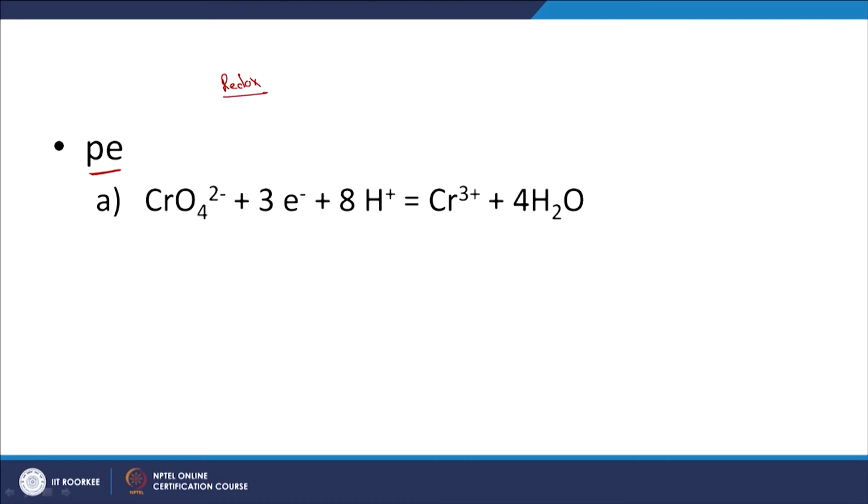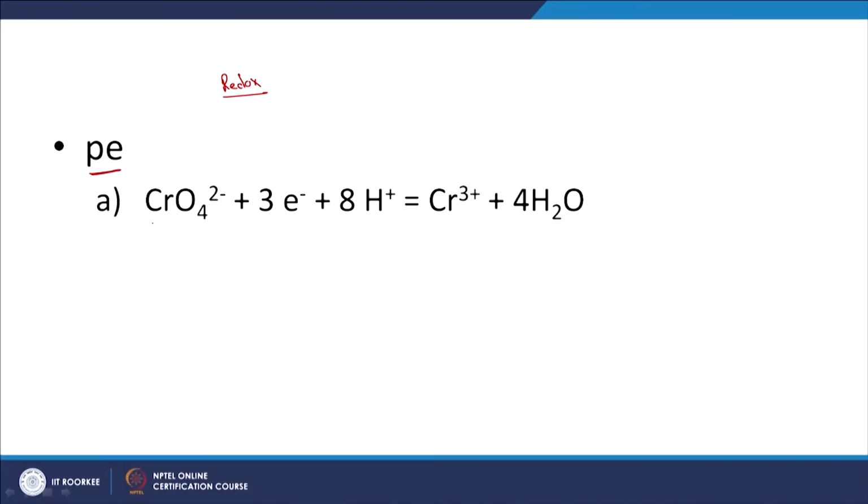But let us try to understand what it is that we are trying to talk about here. So here let us say we have a particular equation for reduction of chromium. Here it is in plus 6 state, and here it is in plus 3 state. So we are going to try to understand this term called PE. Here I have CrO4 2 minus and I have Cr3 plus, so it is reduction of this particular chromium. So let us first write down the equilibrium coefficient for this particular equation.